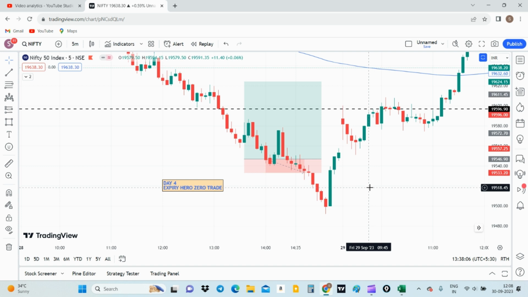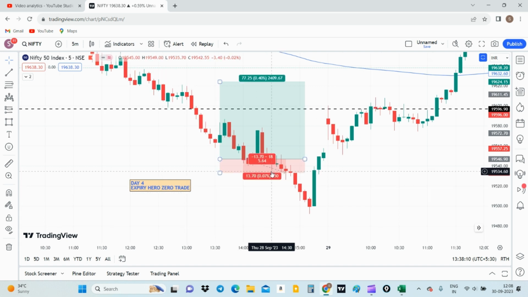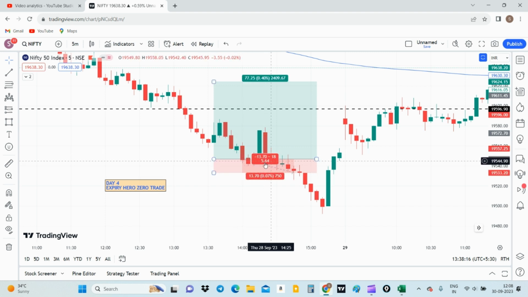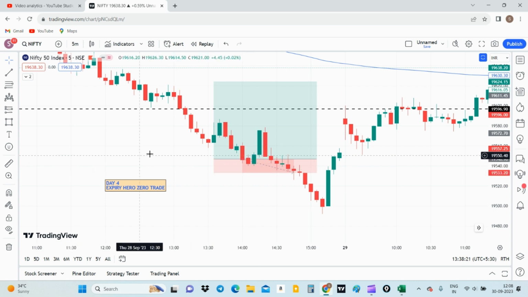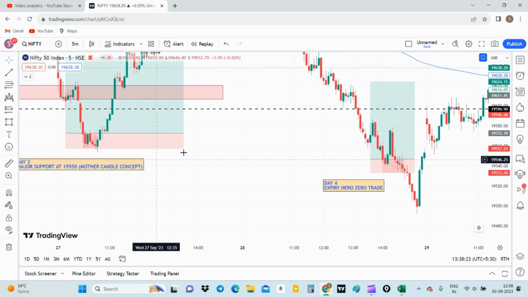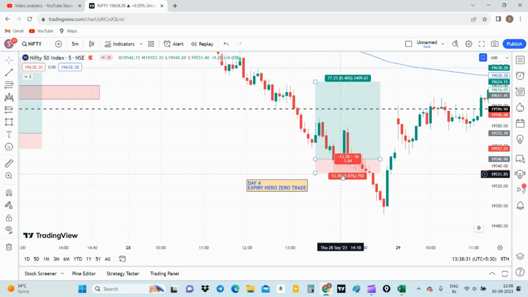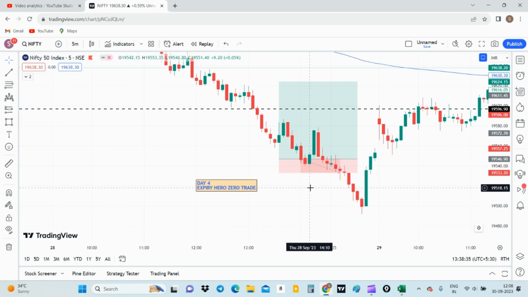So I kept a trailing SL of around 28 rupees, and the SL was hit because, being an expiry, there will be a lot of volatility, and especially it was a monthly expiry. So that was the logic behind it. There will be a bounce back, because we had seen in the previous sessions also, wherein I took a trade, the stop loss was around 530 to 20 odd levels. So that was the logic behind this